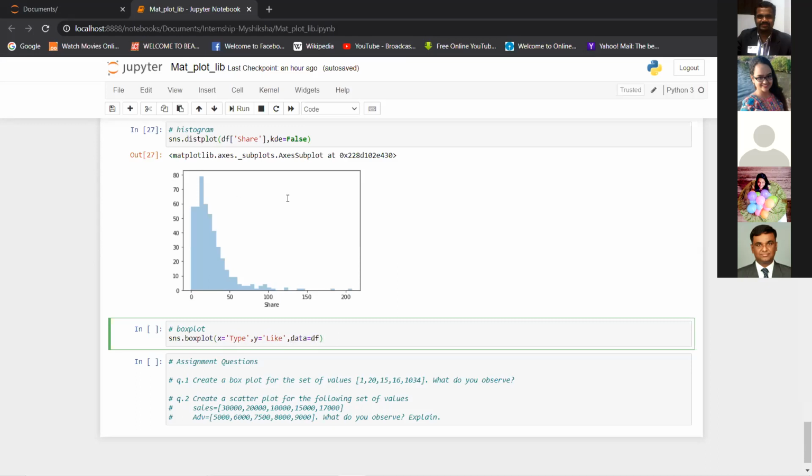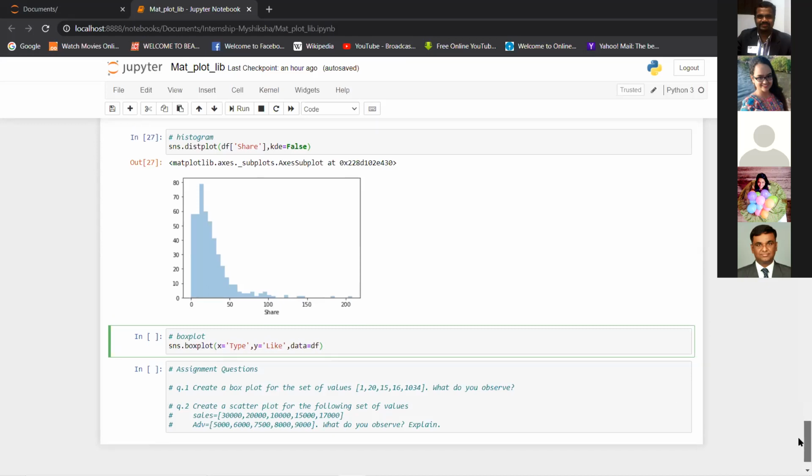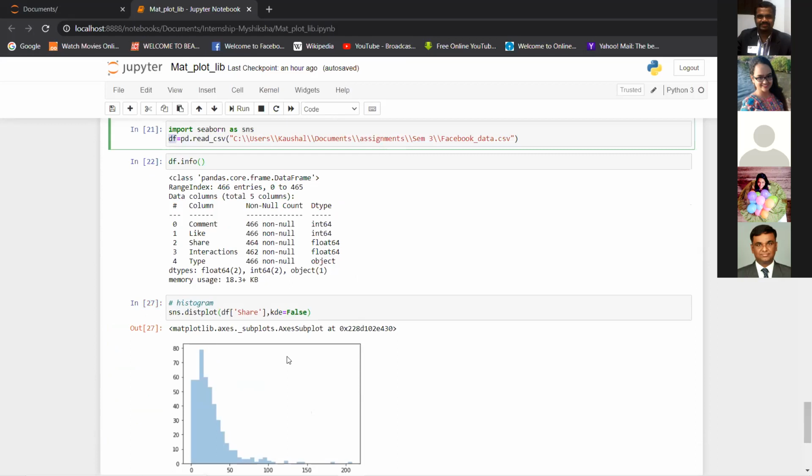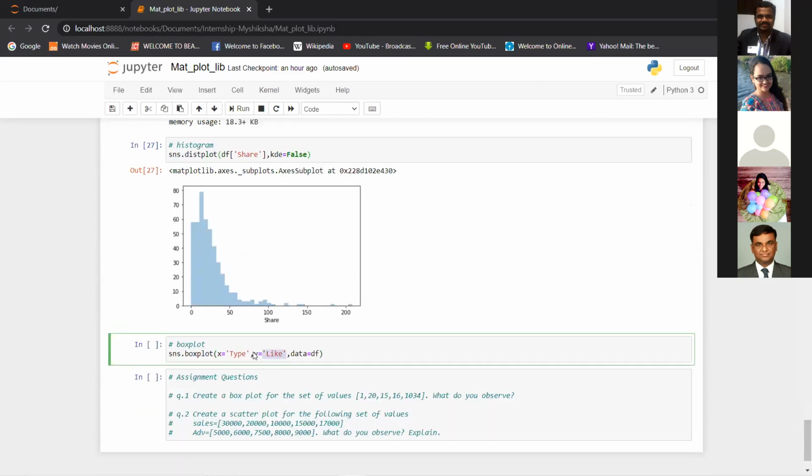Now df is the data frame which we loaded our data into. So we just say data is equal to the data frame name. And inside the data frame, you should have these columns, like and type. Otherwise, this code will not work. So you see, I have the columns as like and type.